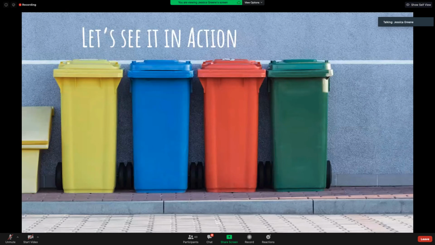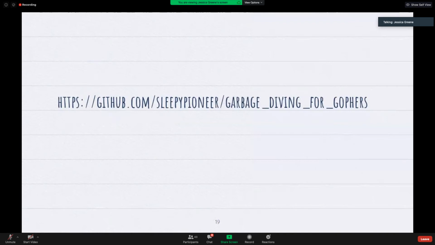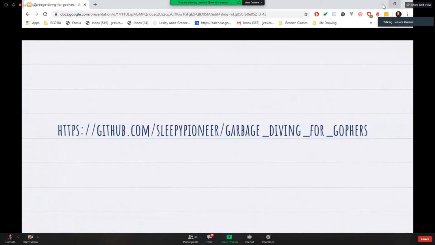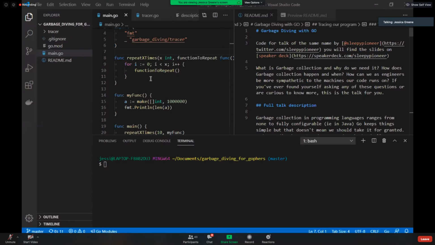So let's see this a little bit in action. I can share all the slides with you as well, including this link to the repo. But I wanted to make a little bit of a code example, because I don't know about everyone in this group, but for me, a visual aid really helps me grasp what's going on.